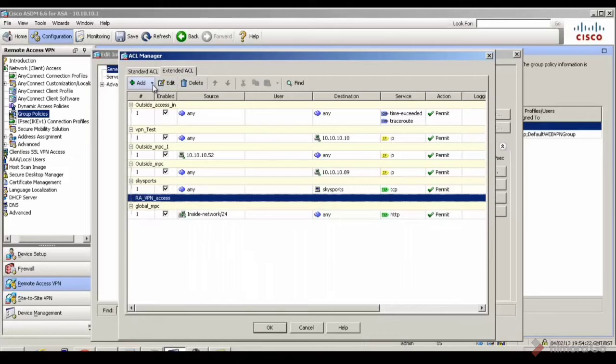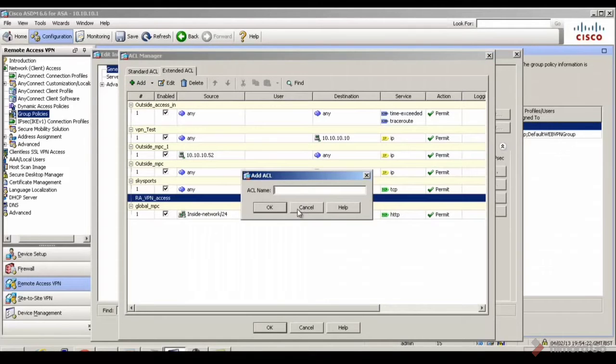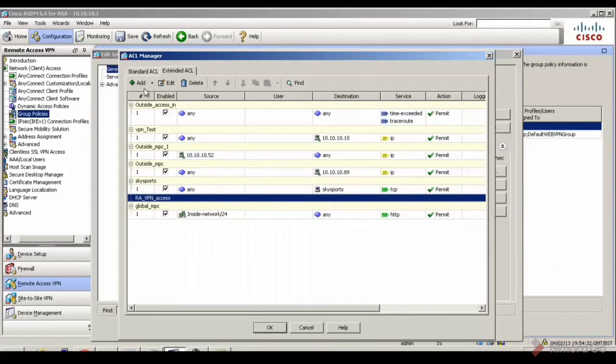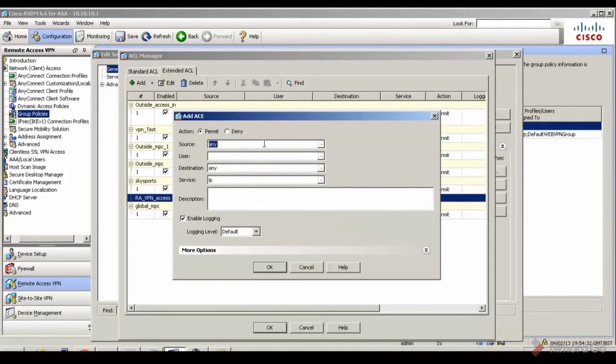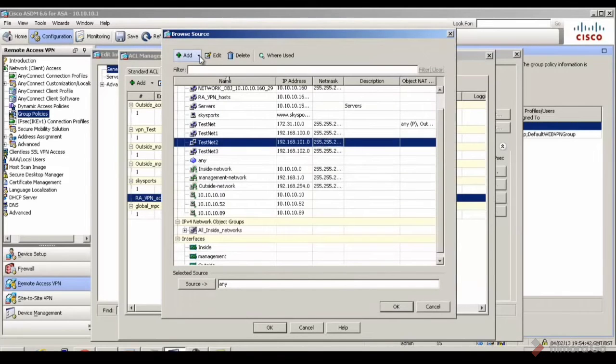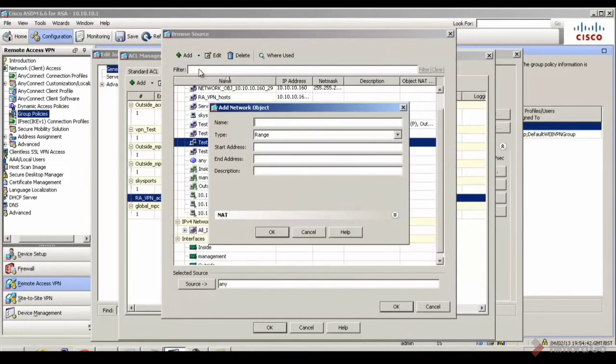I can't delete that. So okay, if you were starting from scratch, you would just click add ACL and then add the ACL name. Just do whatever you want, remote access VPN access. So add access control entry, and I'm going to say the source is from, what we're going to do is quickly add an object named